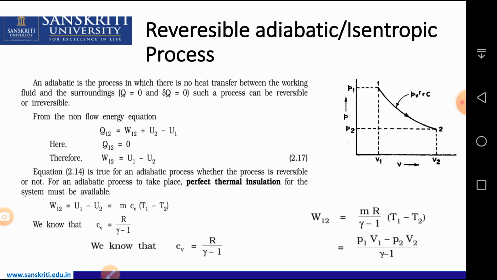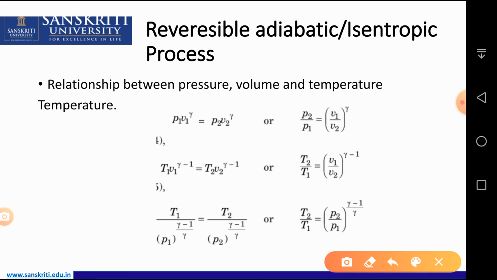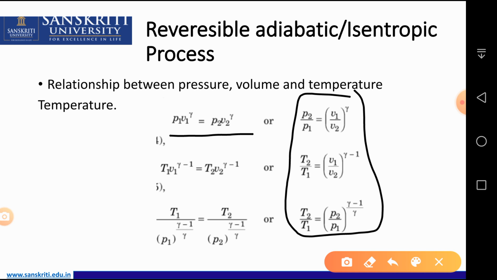ठीक है, तो इस प्रोसेस को हम जनरली बहुत जगह यूज़ करते हैं, चाहे कंप्रेशन प्रोसेस हो या एक्सपेंशन प्रोसेस में. ठीक है, it is a curve, not any straight process. So these are the relations related to the adiabatic process. So adiabatic process, PV to the power gamma equal to C. So these three relations are very important to find any state properties. So you remember these, we have already derived them many times.